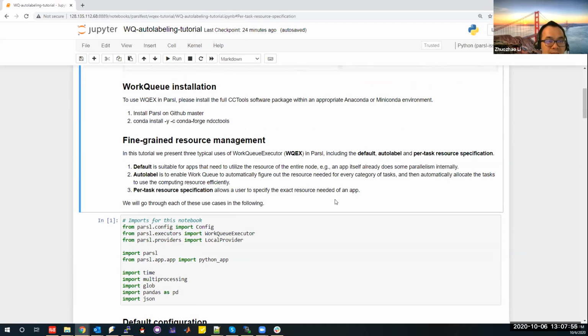Just a recap from Tim's talk. The default one is to just launch one worker on every compute node, and there's no resource-aware task packing or something like that. So default is actually suitable for apps that need to utilize the resource of the entire node, for example, an app that itself already does some parallelism internally to use all the